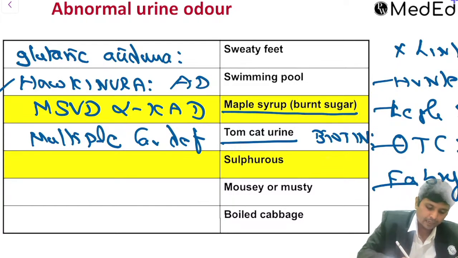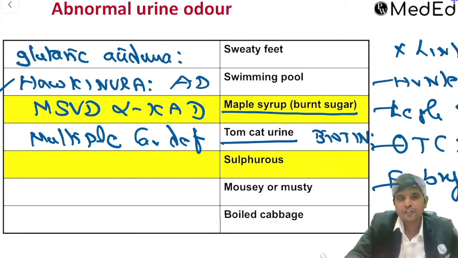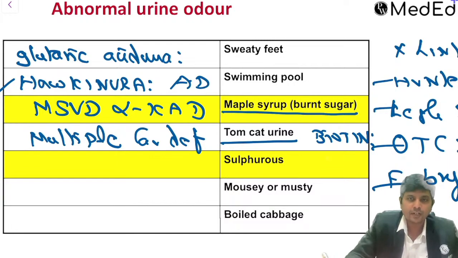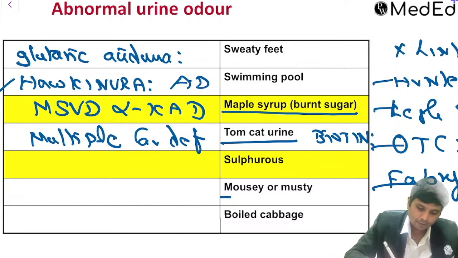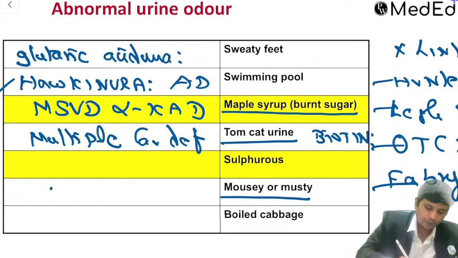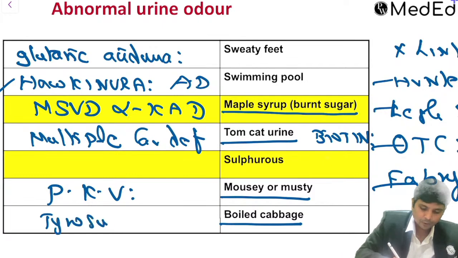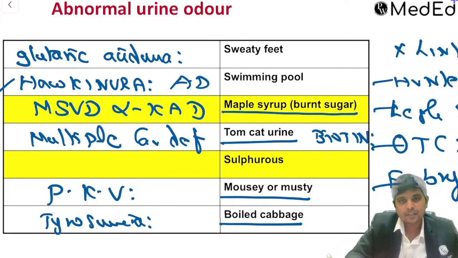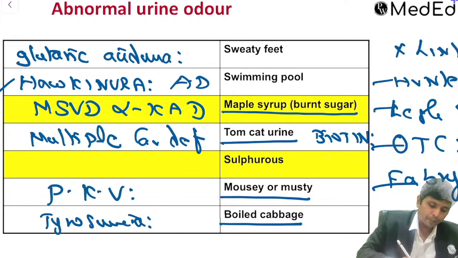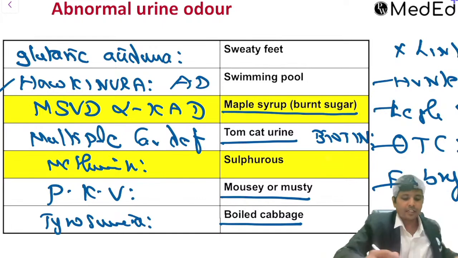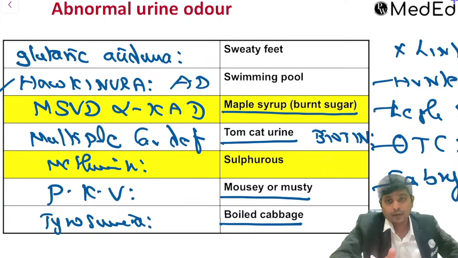Sulfurous urine usually occurs in which condition? Sulfurous urine. Okay. In which condition will you get mousy or musty odor? Phenylketonuria. Where will you get boiled cabbage urine? Tyrosinemia. So where will you get this sulfurous urine? Sulfurous urine usually you will get in hypermethioninemia. Okay, right. These are all the abnormal urine odors with respect to inborn errors